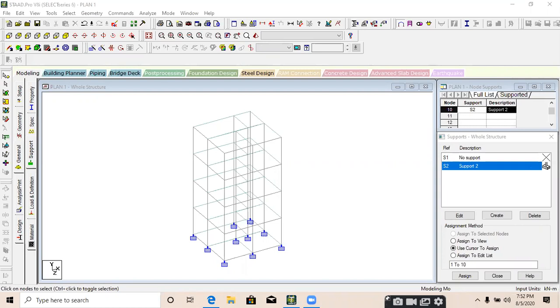Dead load. Part 1 is for dead load and part 2 is for live load. So you need to read both the codes, part 1 and part 2, for dead load and live load.